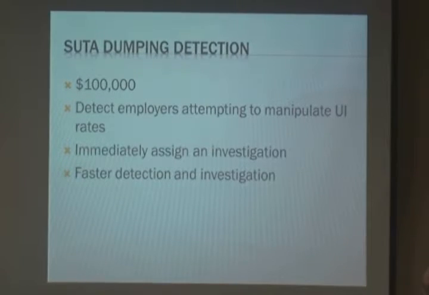Pseudo-dumping state unemployment tax. This is a problem in our tax system. It has been for a few years. We currently have a system that we run quarterly to check for what's called pseudo-dumping, meaning an employer basically doesn't like their tax rate. They shut down that account to go open a new account at a lower rate. We have a system in place where we can cross-check against that each quarter. We want to build a new system that can do it in real time so that we can catch it